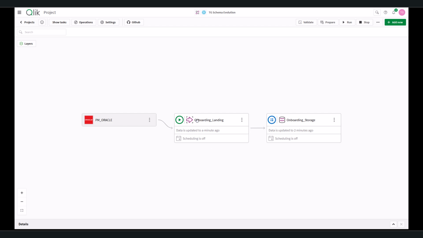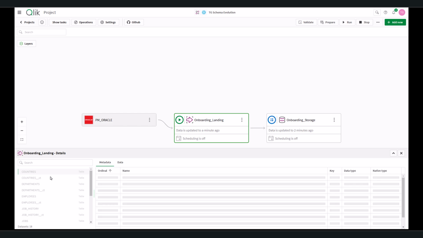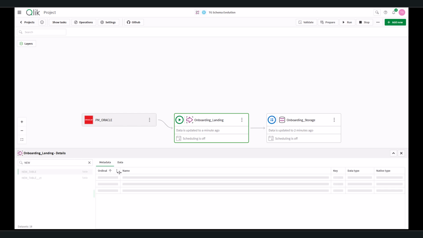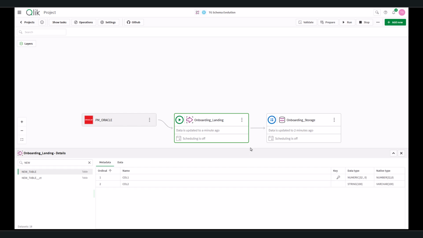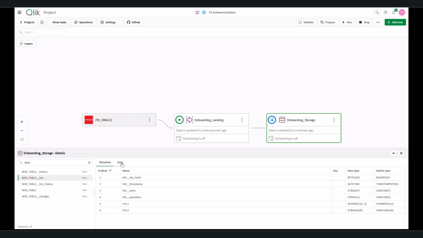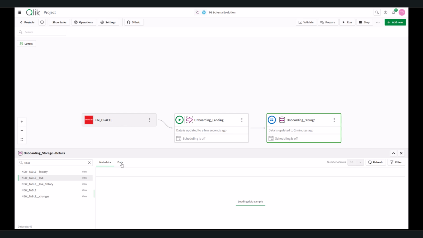So the changes have been applied to landing and applied to storage to ensure that we can not just pick up the new data, but continue to track the change data and the history of the data in type 2 to keep that bronze layer of our lakehouse up to date with no data loss. Here you can see all the different objects created in the storage layer for me, including the innovative live view where I'm able to keep data up to date without processing it so that it can be immediately consumed by